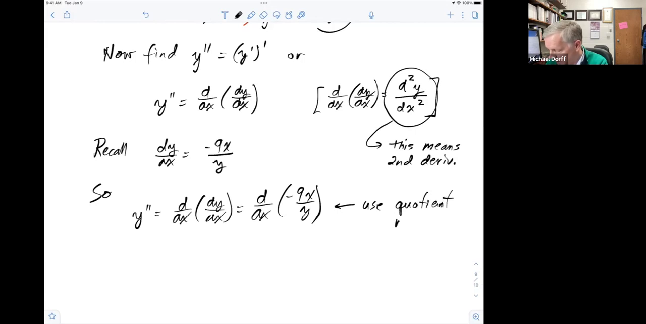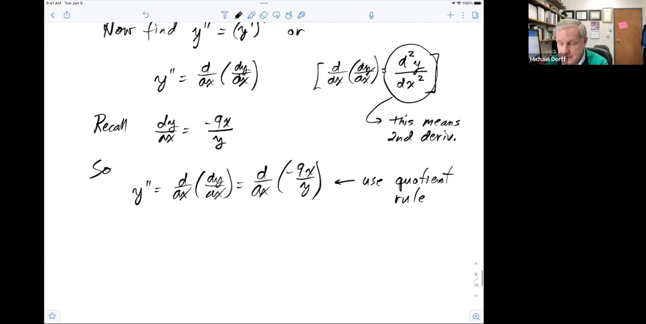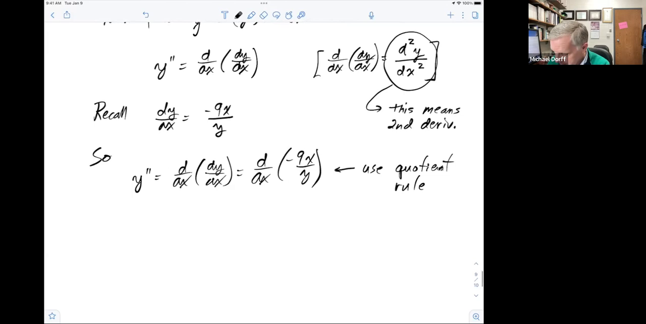Okay, because it's a fraction, or actually a rational expression, but it looks like a fraction. Okay, so what is that? So then we get